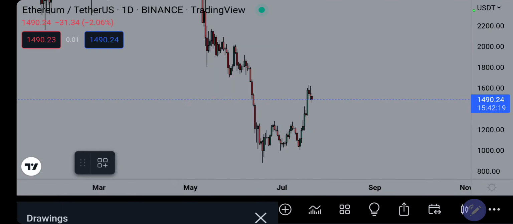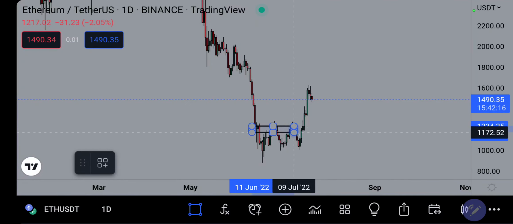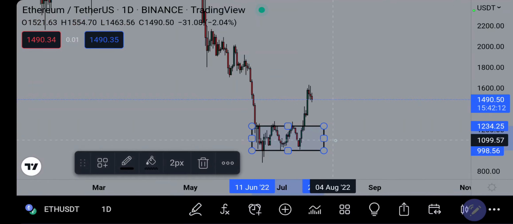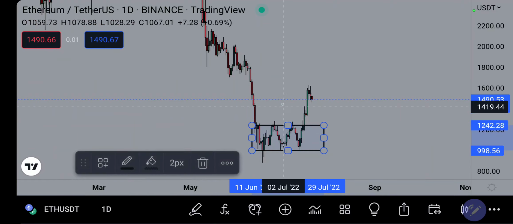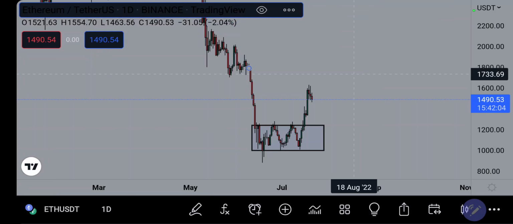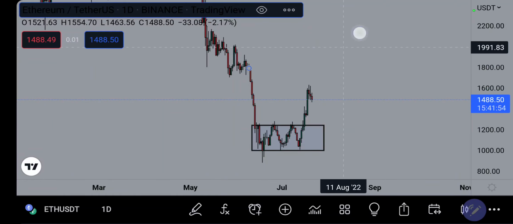So the best way to identify an accumulation is using your rectangle. You place your rectangle on the charts and then you take it across to cover the highest highs of the accumulation and the lowest lows of the accumulation. So these were the highest highs and these were the lowest lows, right? So now you have your accumulation box. From this point, you can see that the market created a nice bullish impulse back up to